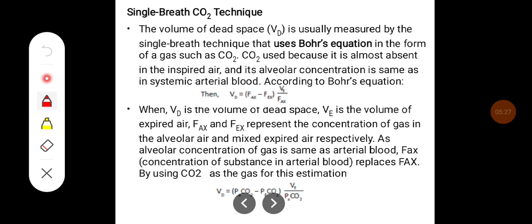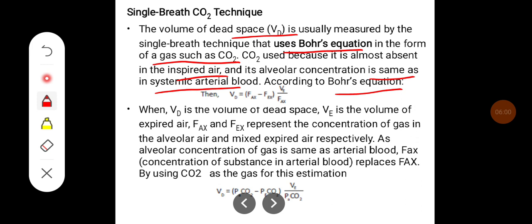Single breath carbon dioxide technique. The volume of dead space, that is VD, is usually measured by the single breath technique that uses Bohr's equation in the form of a gas such as carbon dioxide. Carbon dioxide is used because it is almost absent in the inspired air and its alveolar concentration is the same as systemic arterial blood. So according to Bohr's equation, the dead space is equal to FAX minus FEX,